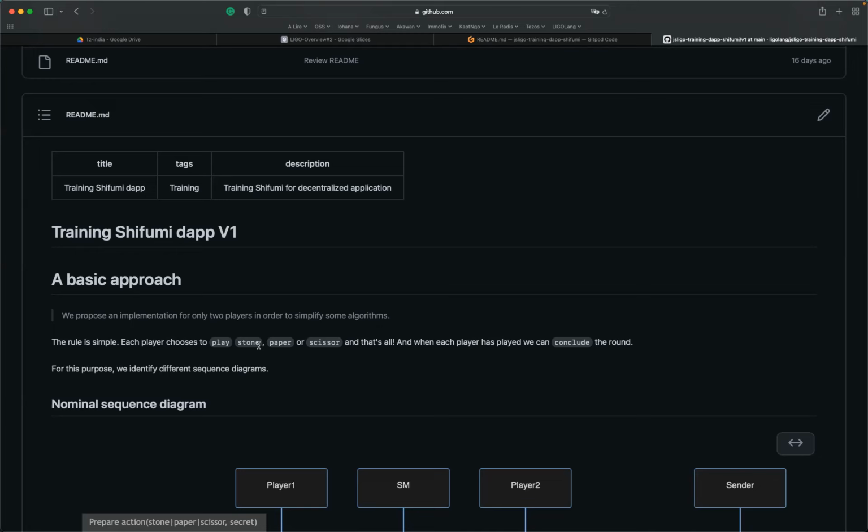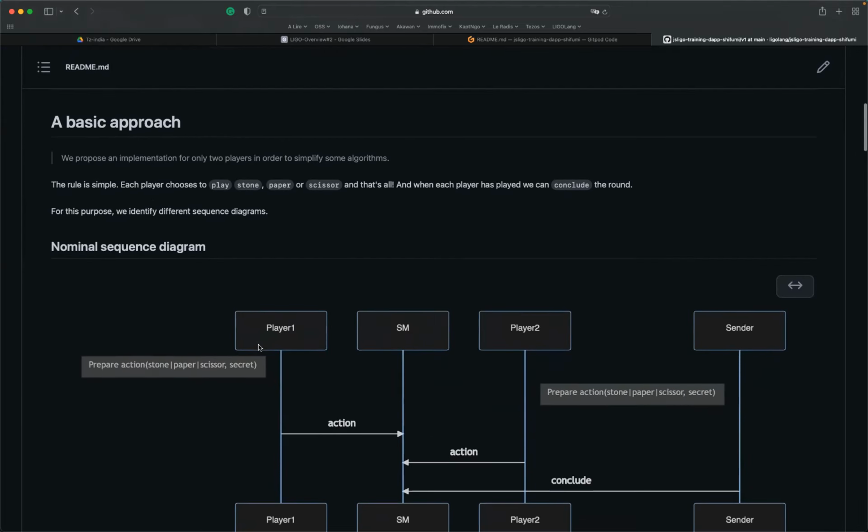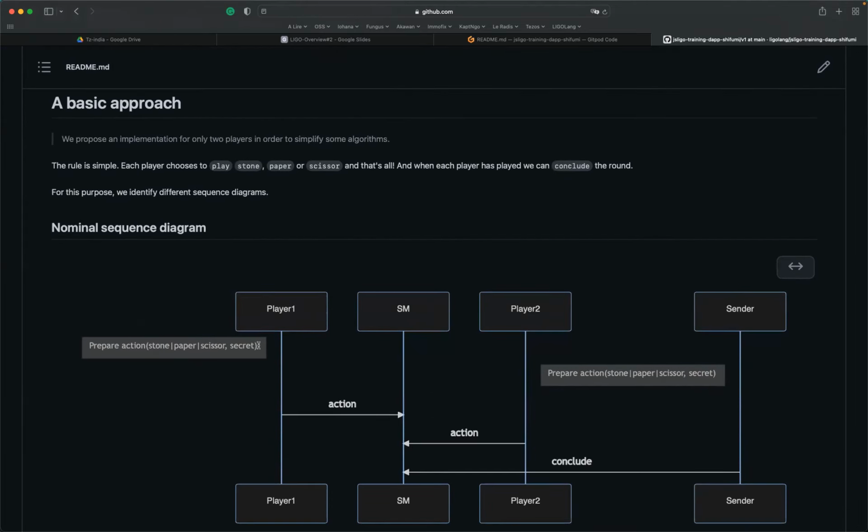And we know that, for example, if you play stone and the other one plays paper, the paper wins, and so on. Okay, this is really a simple one. So you see with Benjamin that